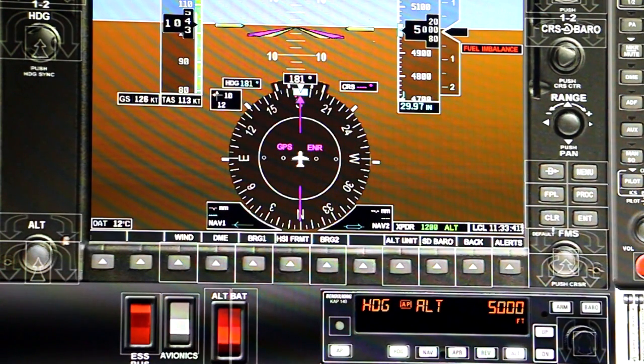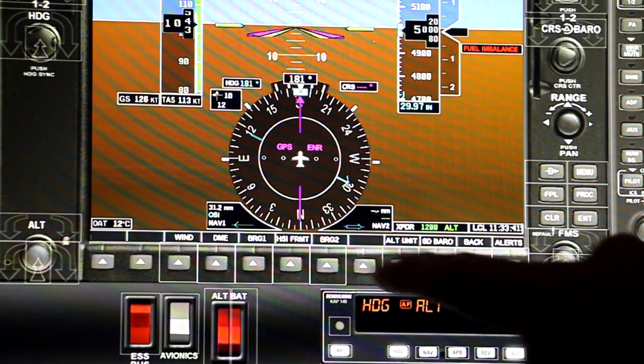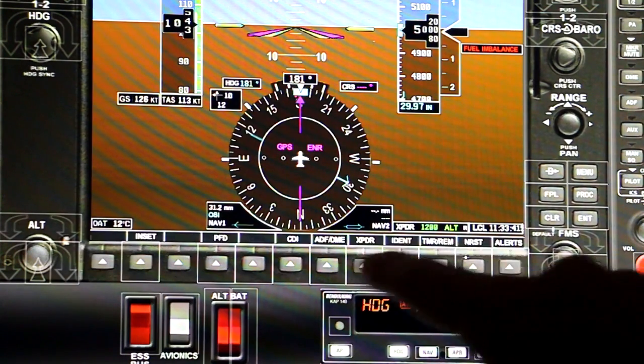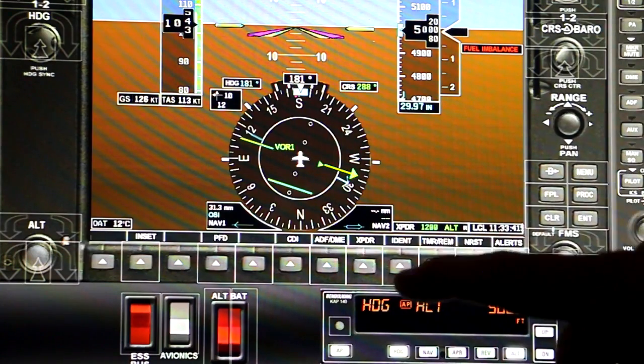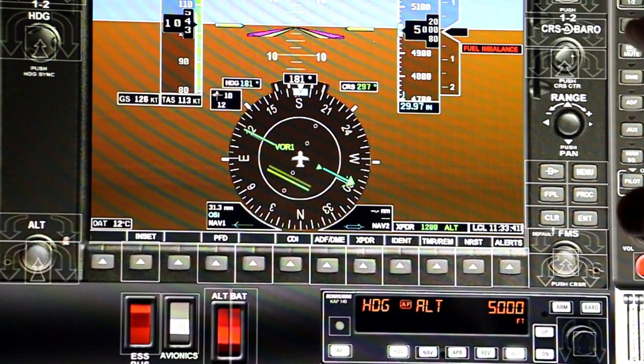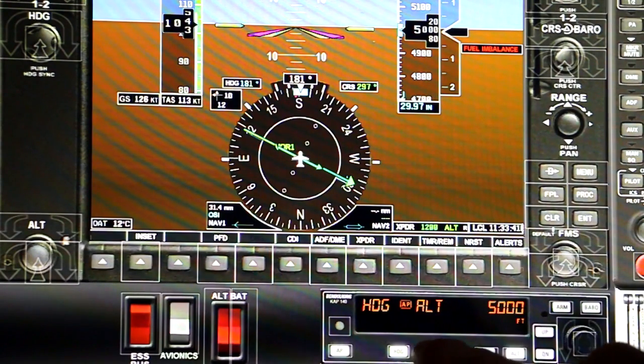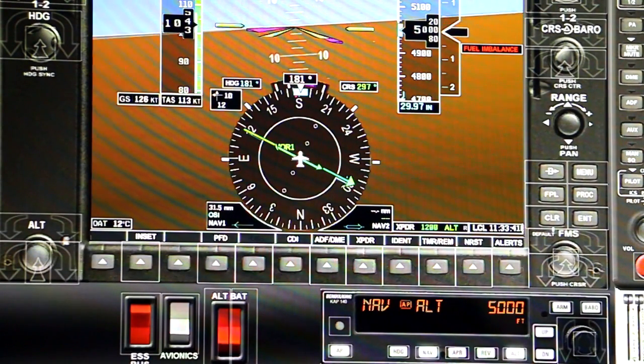I'm going to put in up here, you can't see it on screen, but I'm dialing in the Woodside VOR, and I'm going to change my CDI button to Nav 1, and I'm going to press the course needle to center it, and now I'm going to go on to Nav mode on the autopilot,